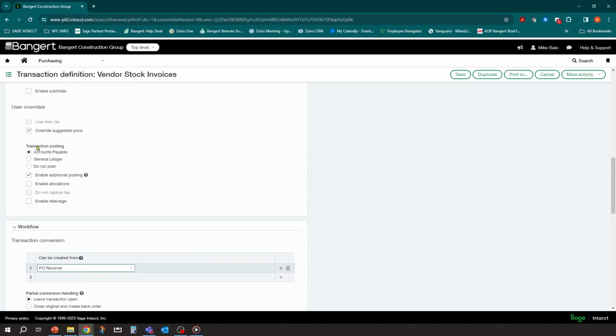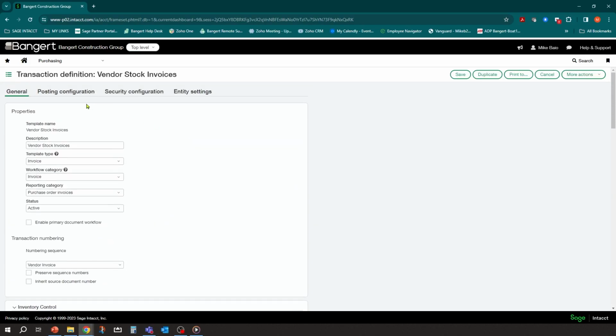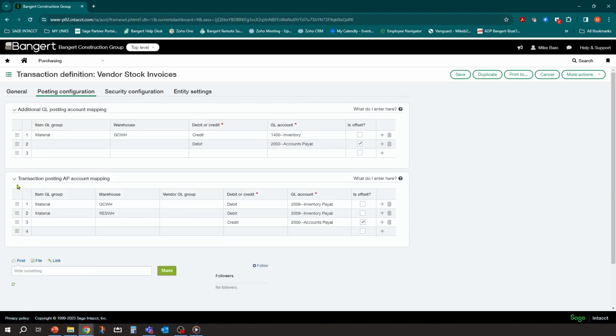And now getting to the posting of this, because we set accounts payable, we go back up to the top here and we look at the posting configuration. We're going to have multiple sections here. We're going to have a section that says, all right, on the AP account side, when you post it through to accounts payable, what do you want to happen?